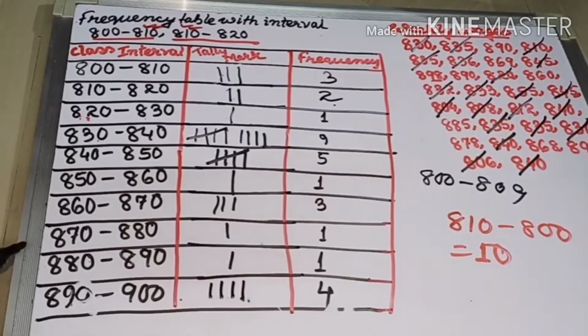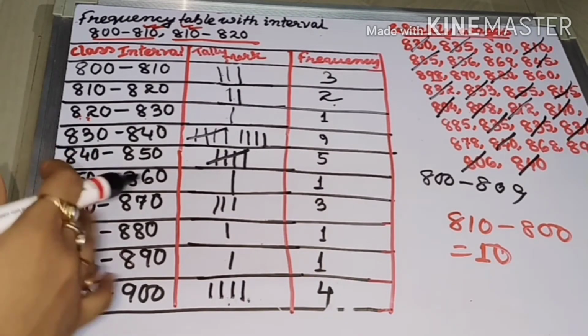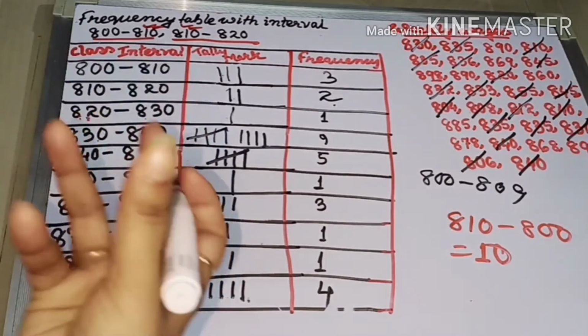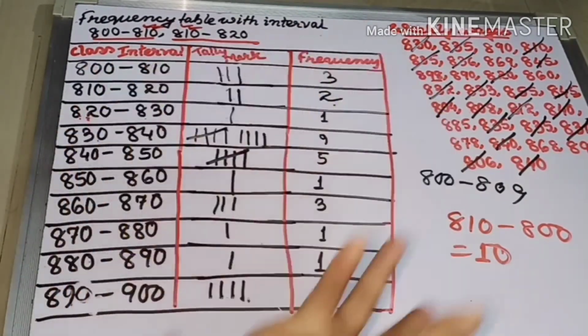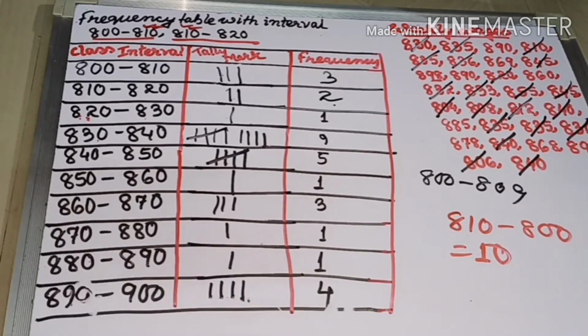So after counting we have got this. This completes the group frequency distribution table. The important thing is to decide the class interval here. After that, it is too easy, right? Now we will make another table, because the next question is given. You see the next question.